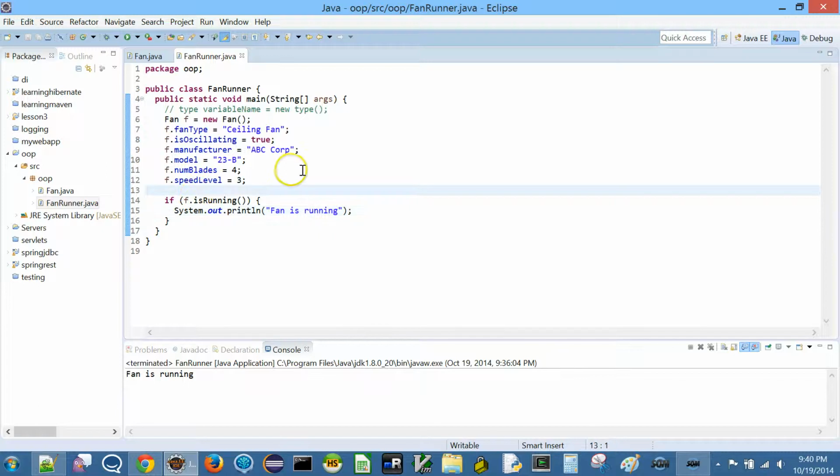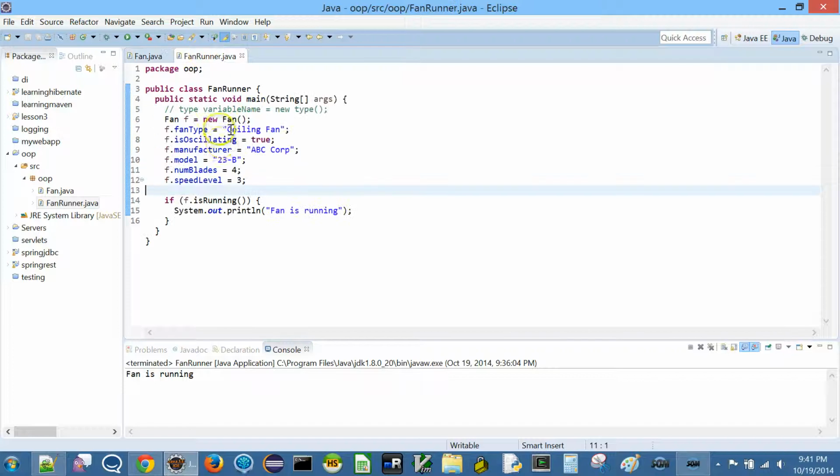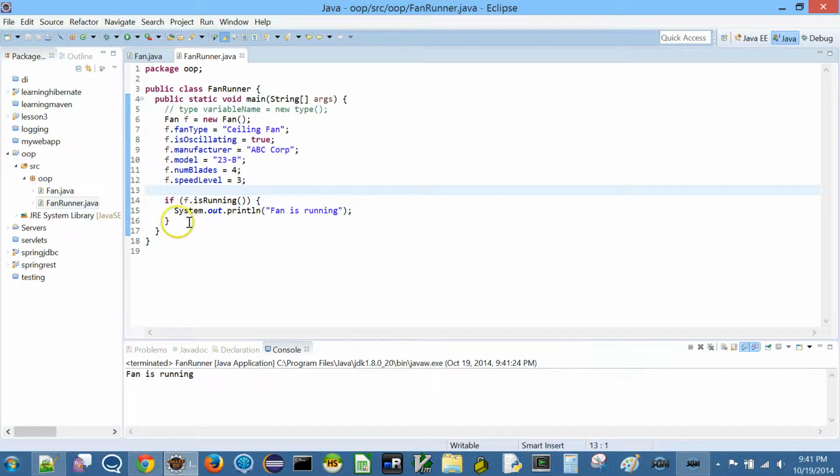In fact, you don't even care what these things are when you are checking here. All you are caring about is if the fan is running or not. For all you know, the speed level may not be an int, right? Or it could be continuous. You don't care here. All we care is f.isRunning, that's all. And this class is going to take care of itself and report its state to us. Okay, so if I run this, "fan is running". So this is again just the way you are going to declare your methods.